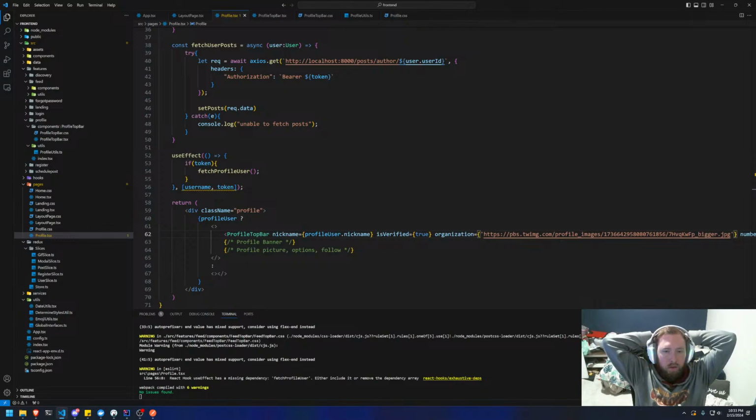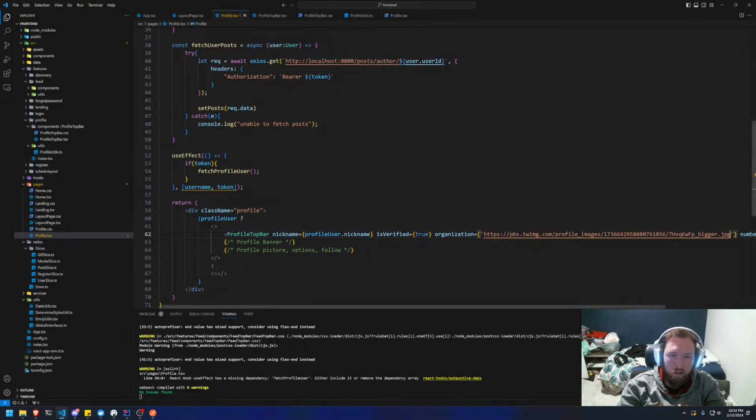And the question is, do I want to... I don't think I want to do a whole like component for it, because it's just going to be an image that spans across it and kind of like that. So I think what I'm going to go ahead and do is